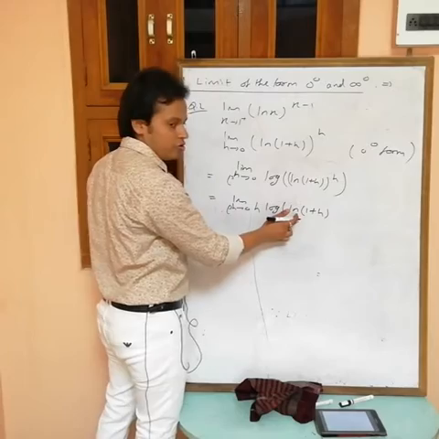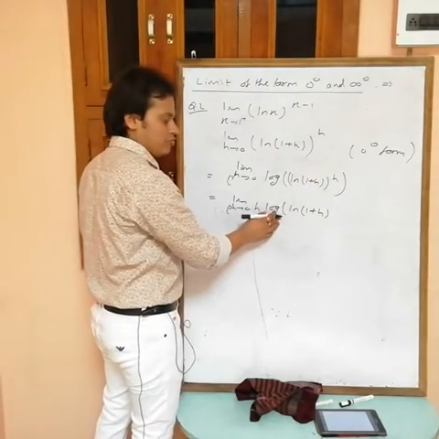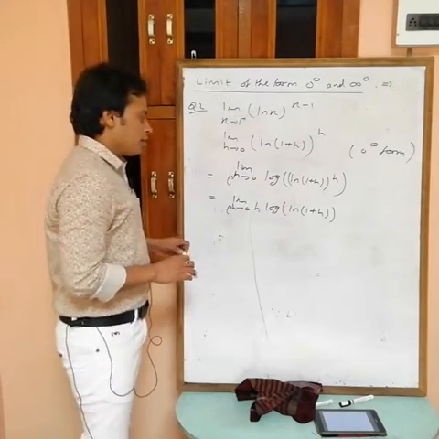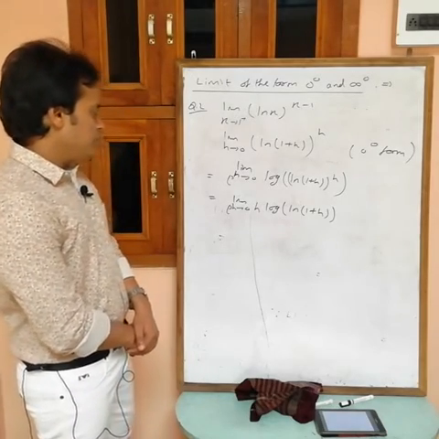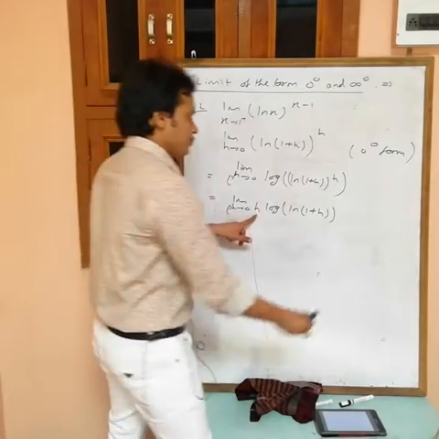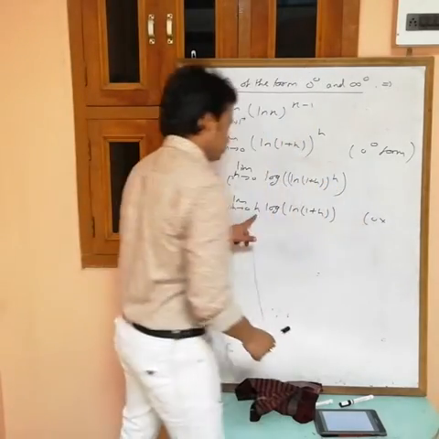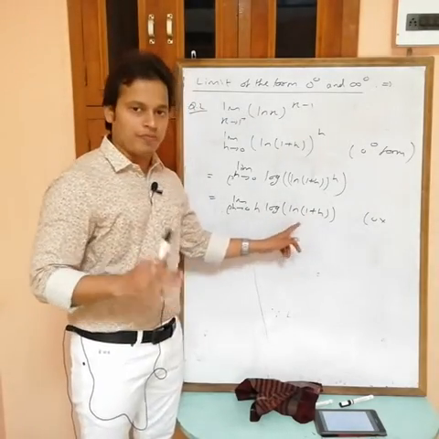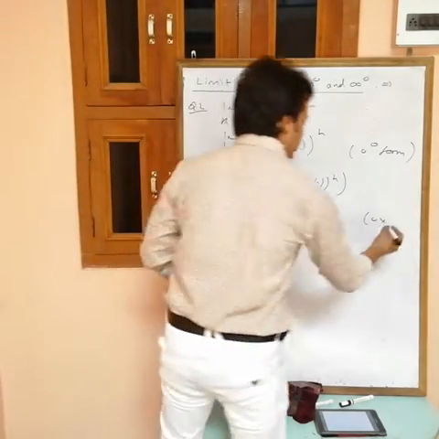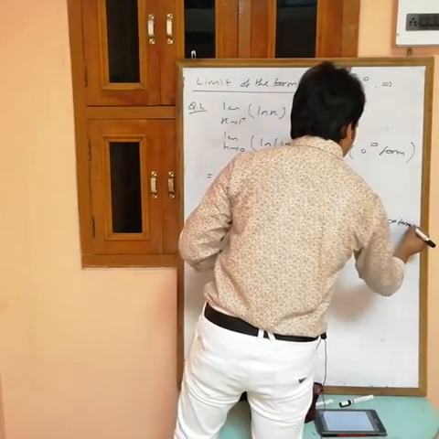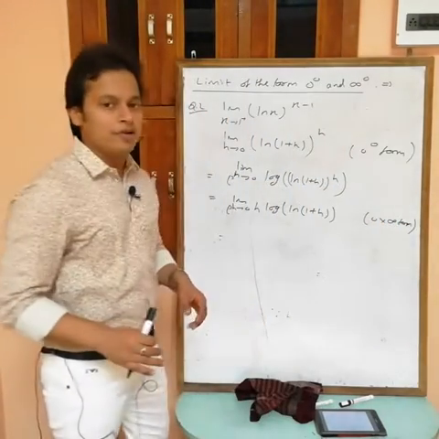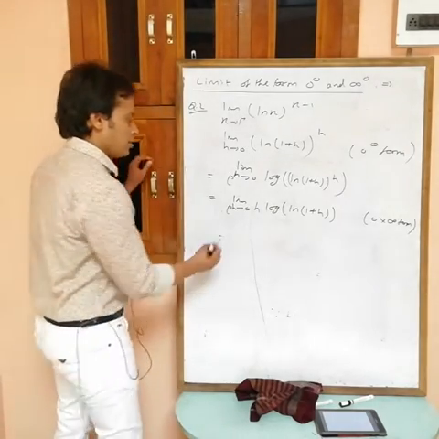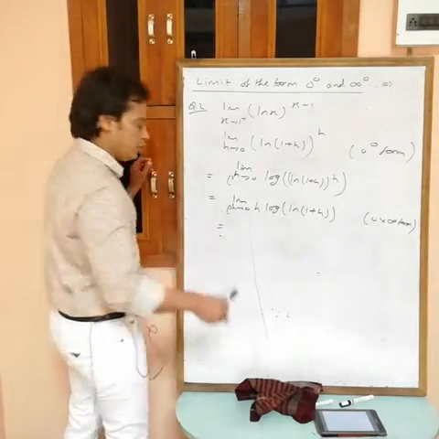Here this is also logarithm with base e, this is also log with base e. Okay. Now what next? Now if you put h equals to 0, log 1 is 0, log 0 is minus infinity, it means 0 into infinity form. If you have 0 into infinity, then convert this one in terms of 0 by 0 or infinity by infinity. How can I convert? Write any one in denominator.